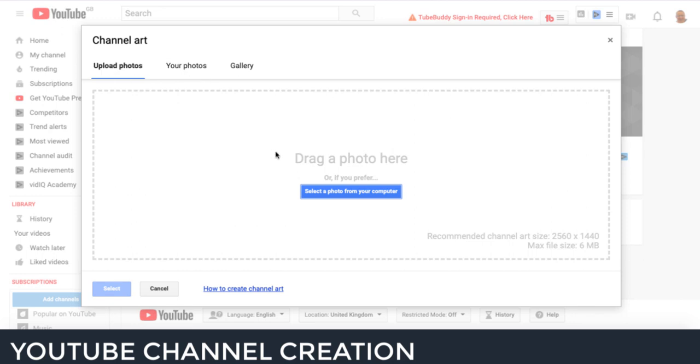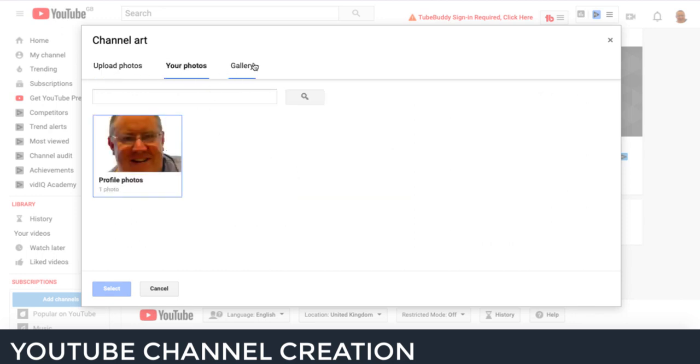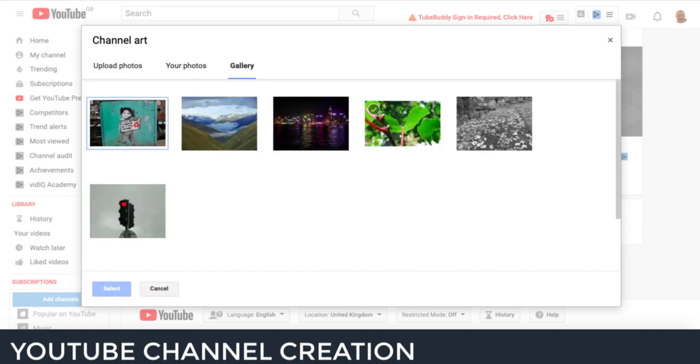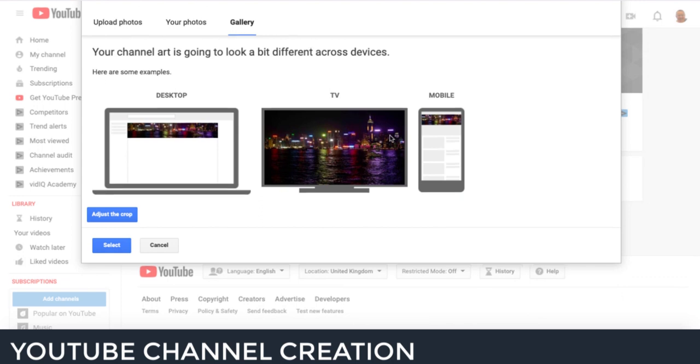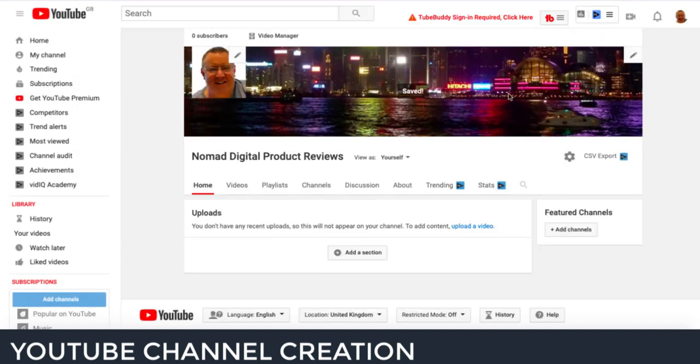Now I can upload photos to this. You can actually utilize some of your own photos you've already uploaded, or you can go to their gallery. These are the easier ways that you can do this quickly, and it will show you what it looks like on desktop, TV and mobile. And you can adjust it and crop it and just select that, and then it'll bring your channel art in,